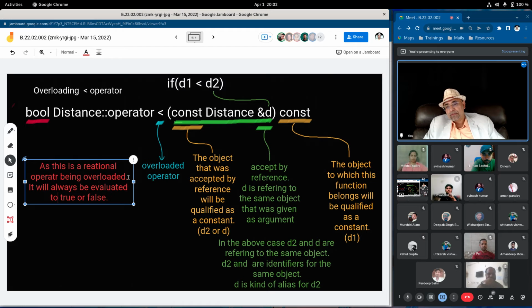Boolean true or false. Okay. So this is how the operator overloading function for relationship operator less than or greater than will be